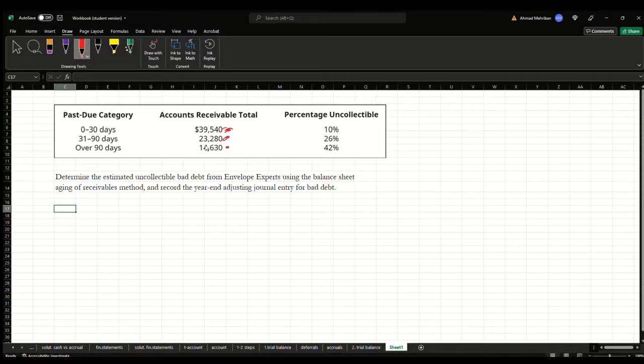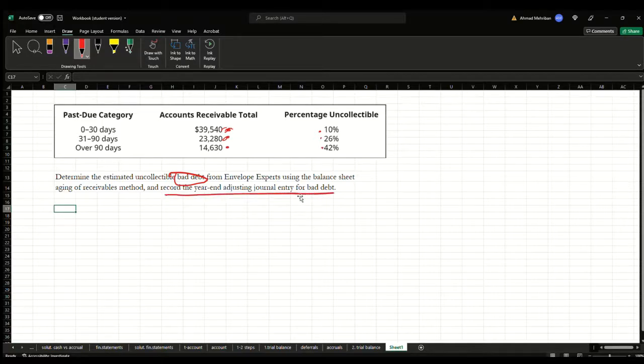Obviously we can also calculate the total later. Here are also the percentages of uncollectibles, 10%, 26% and 42% respectively, and we're supposed to find out the uncollectible bad debt for this company, as well as record the year-end adjusting journal entry